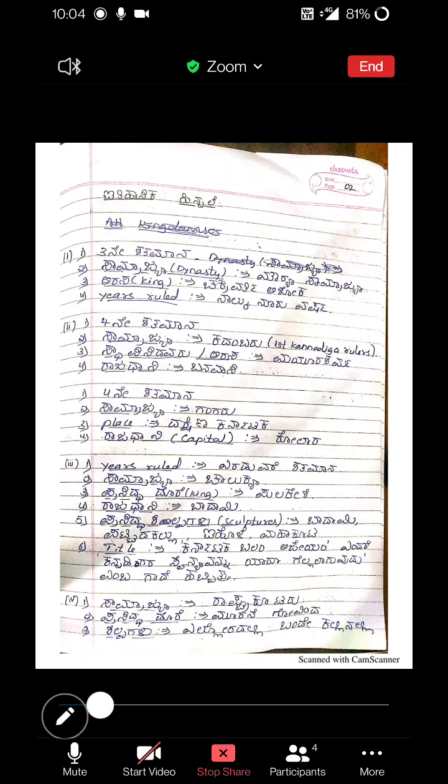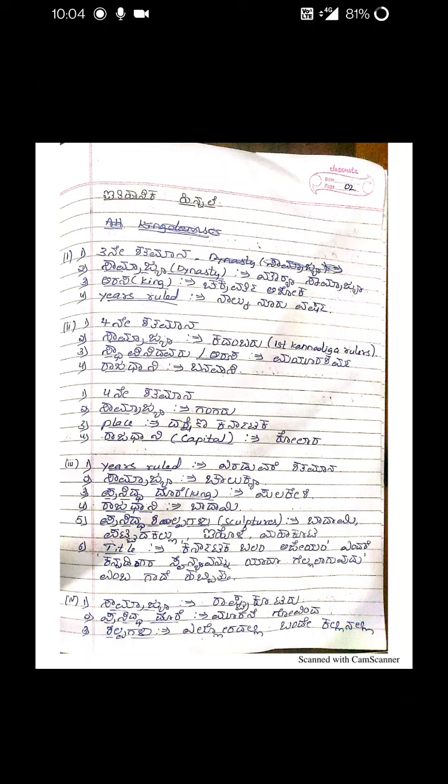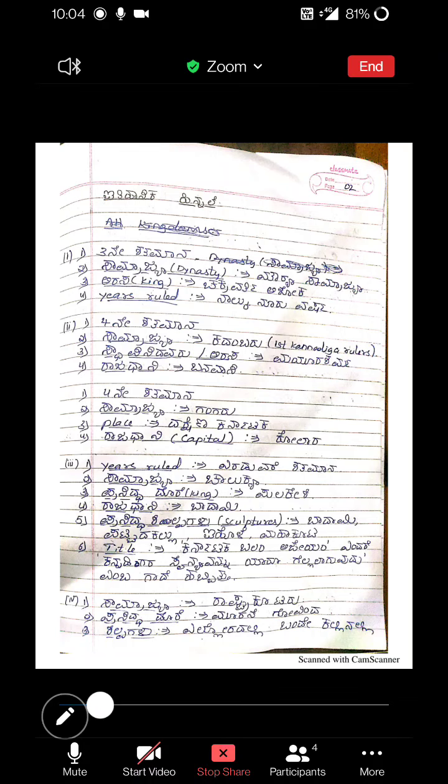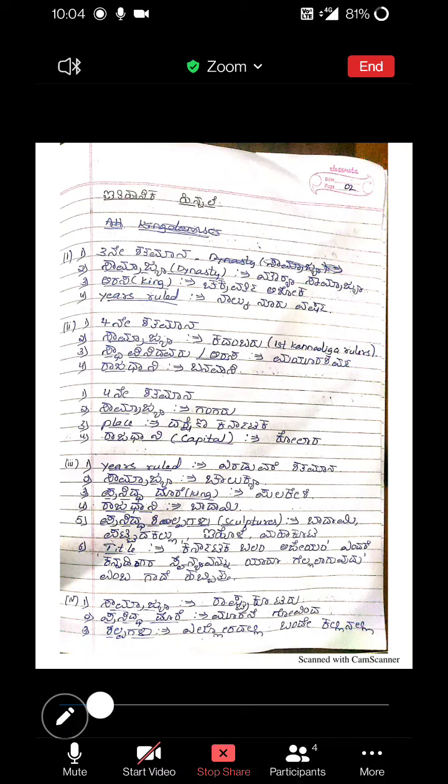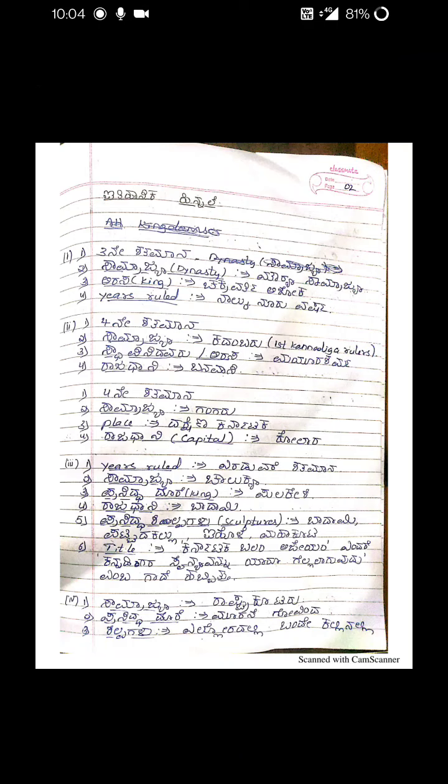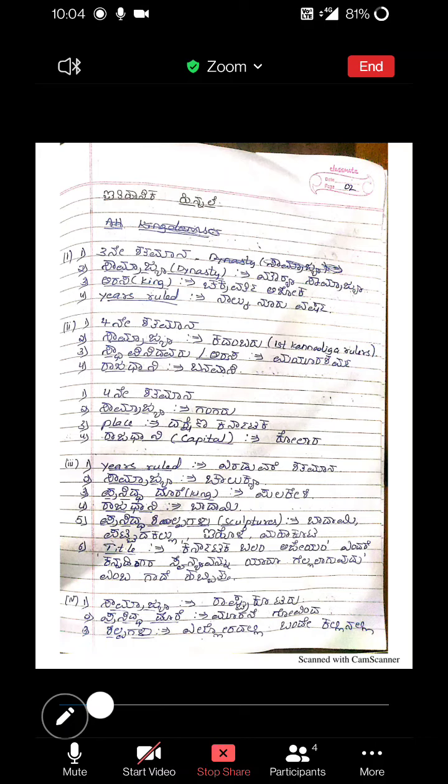The first concept in this unit is ಐತಿಹಾಸಿಕ ಹಿನ್ನೆಲೆ, history of Karnataka. It talks about rulers that ruled Karnataka from the very beginning. So there are many rulers. It talks about from Chakravarti Ashoka to independence, the rulers who ruled Karnataka up to the independence. The first is in 3rd century, 300 BC. The first ruler was Chakravarti Ashoka, who ruled Karnataka. His dynasty was called Maurya Samrajya, and he ruled 400 years.